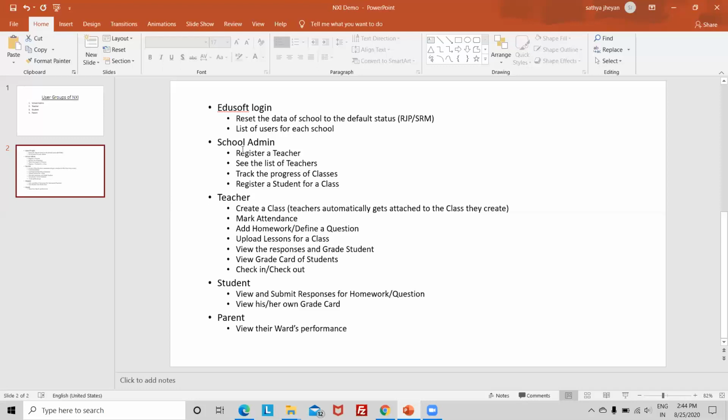So this is the briefing of what is there in the application. Other than that, there are many other features that will be available as we upgrade. They are shown as dummy screens, just to give you an idea of what features will be there for each of the role players as you go for an upgrade of the current application. So let's go to the application.